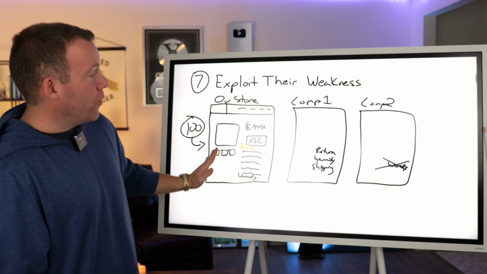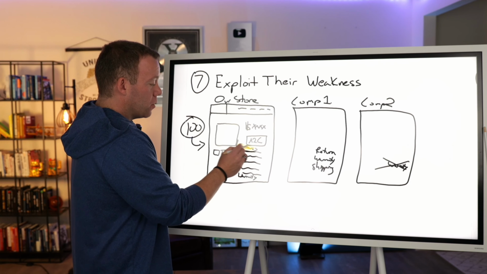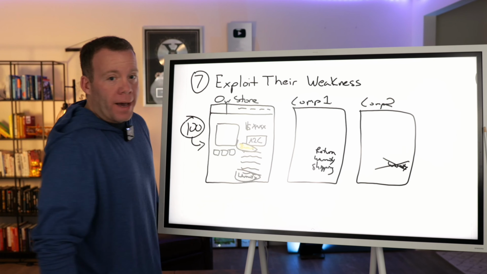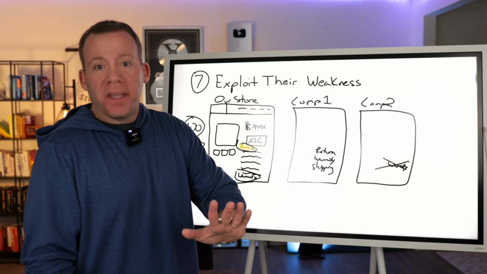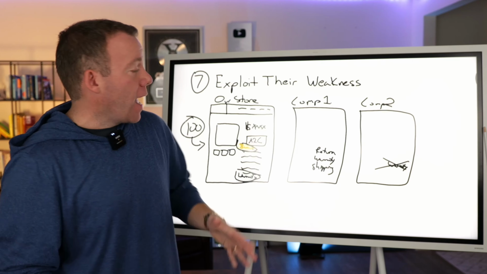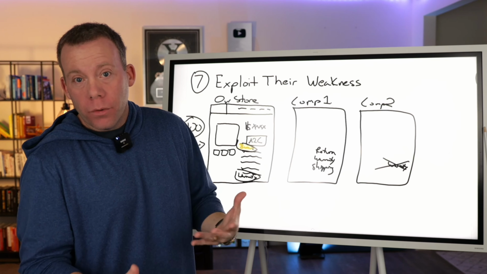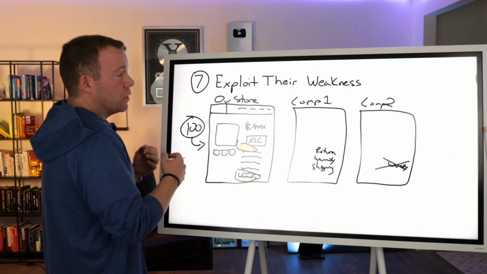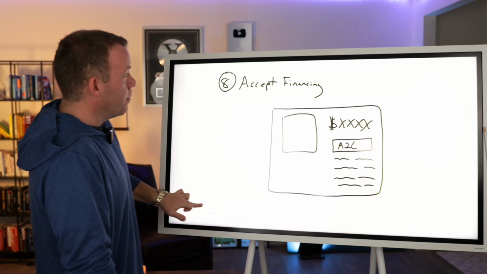Now, if somebody's looking at your store versus competitor 2, they see, oh, they have this bonus offer, and if I buy from them, I have this 1-year warranty. So when I say exploit their weakness, that's what I'm talking about: comparing your store side by side with your competition's and looking at what you can do or tweak or add or even sometimes remove that would have more people choose you, okay? So with that being said, let's move on to number 8.